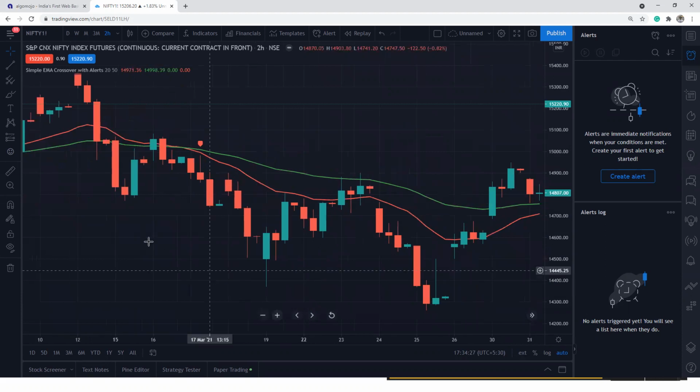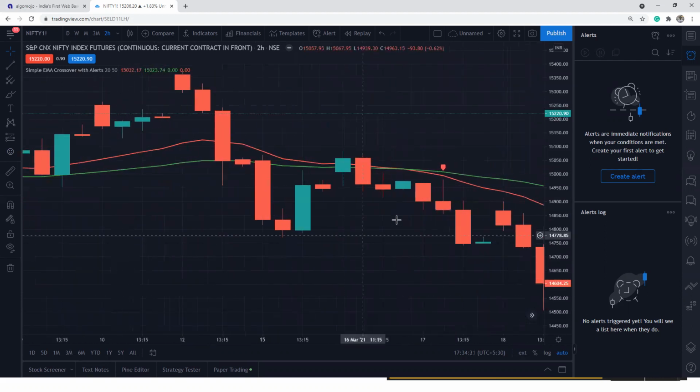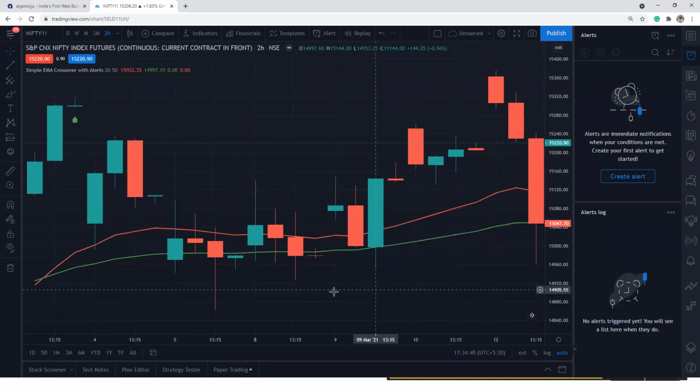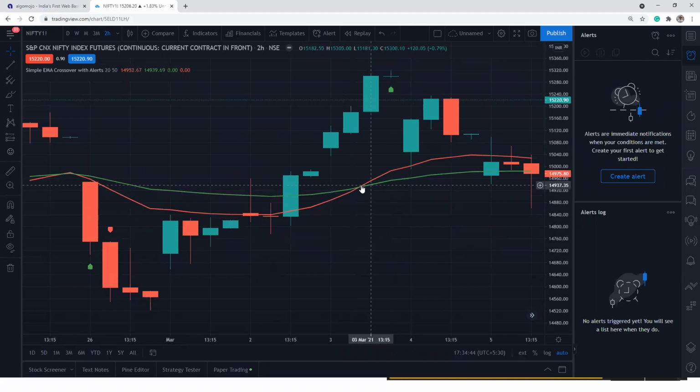So the crossover is happening. Crossover, it happens here, and the next bar is the candle that is coming and plotting over here. Crossover happens in this particular candle. The candle after the crossover, the next bar opening, is where you'll be able to see the result from here. That means the crossover happens.